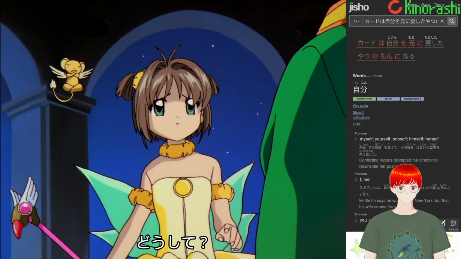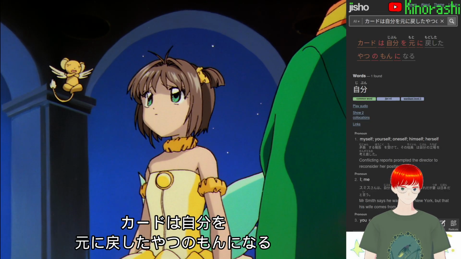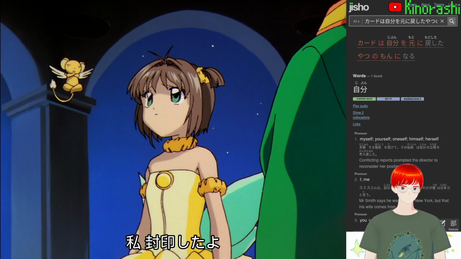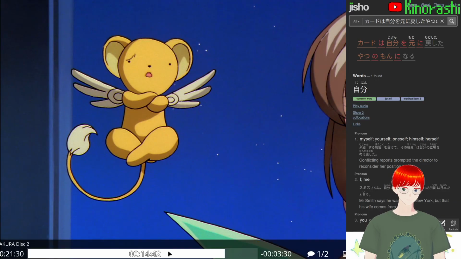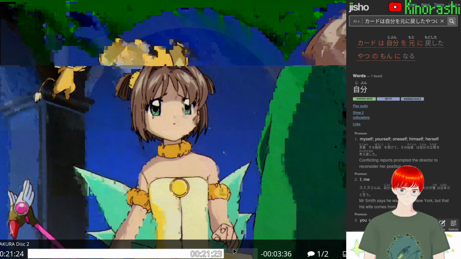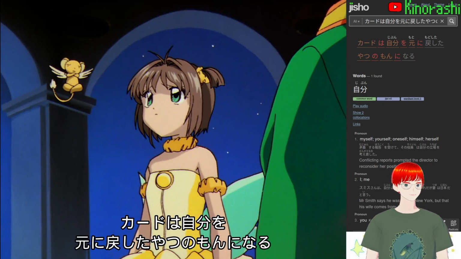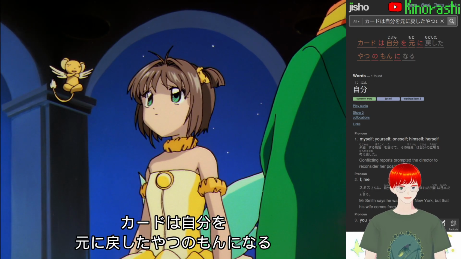どうしてカードは自分を元に戻したやつのもんになる。私封印したよ。どうしてカードは自分を元に戻したやつのもんになる。私封